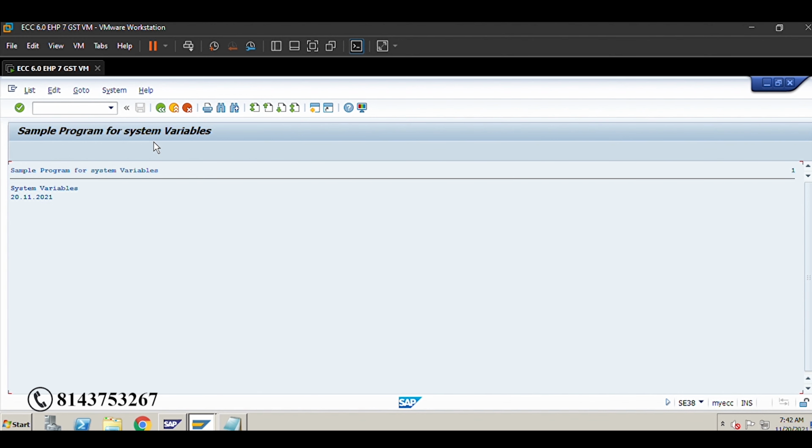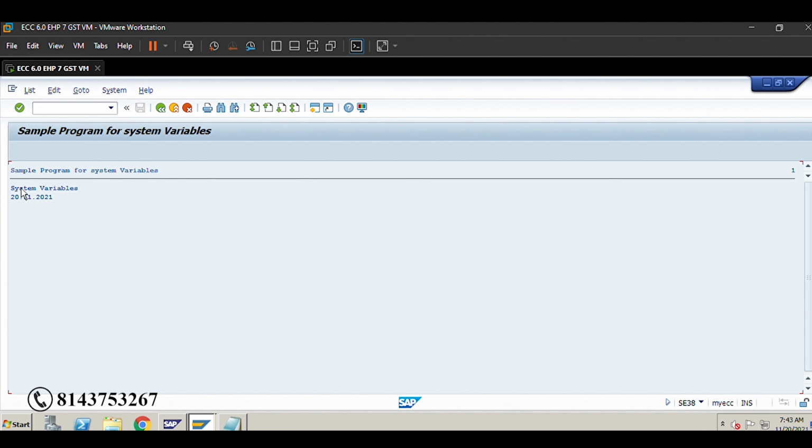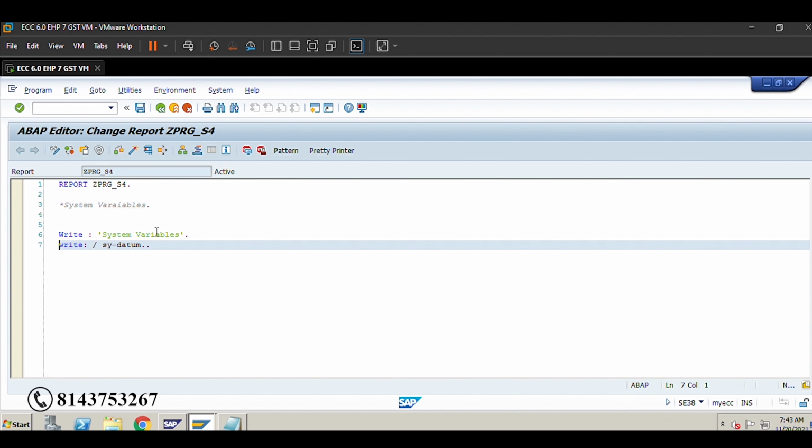See here. So sy-datum will hold what? The current date. Here today is 20 and it is giving us the value 20. Okay.